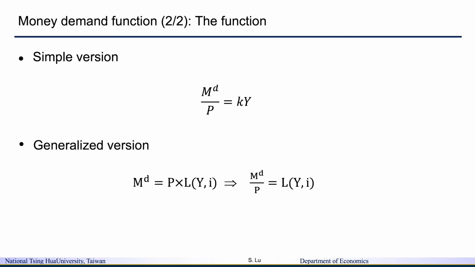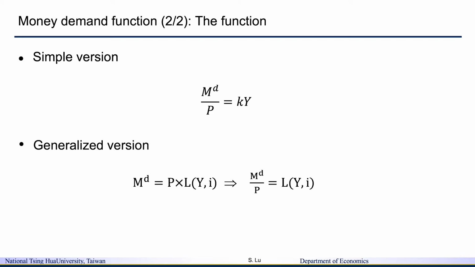We also have the generalized version of the money demand function, which is the nominal money demand equal to the price multiplied by a liquidity function. For this liquidity function, Y is the income, and I is the return of the non-monetary assets. So when we rearrange the equation, what we are going to get is the real money demand equal to